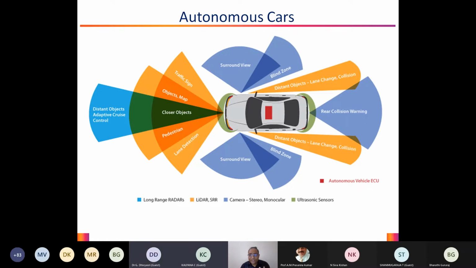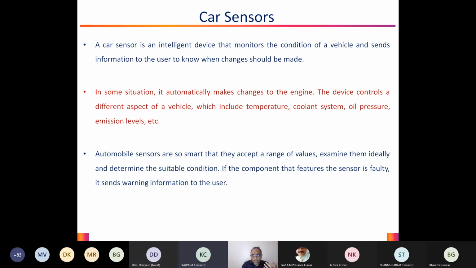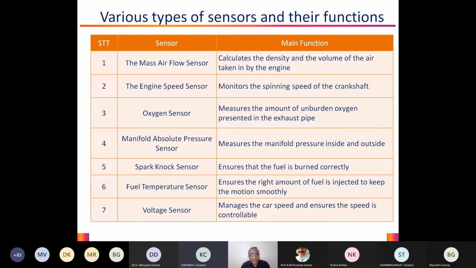driverless or autonomous cars, as I told, will generate a huge amount of data, and this data has to be captured so that the automakers can work on it. When they analyze this data, they would be able to make the right business decisions in terms of the efficiency of these self-driving cars. So if I have to name a few car sensors that are typically used now, maybe the people from an automotive background would be able to help us, as there are various sensors connected into this particular sector.